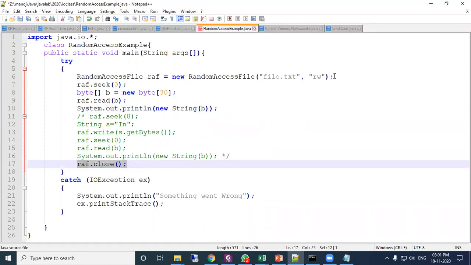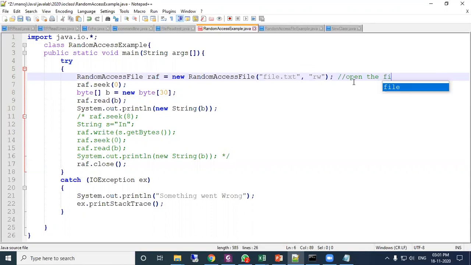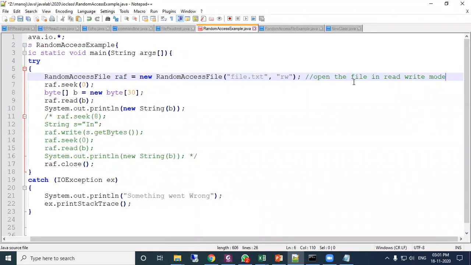Okay, so here you can note down: open the file in read write mode. This thing opens the file in read write mode.